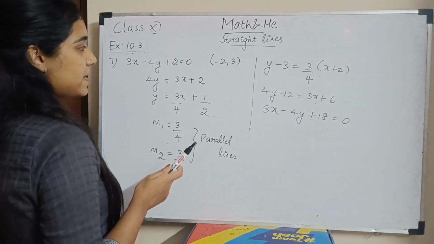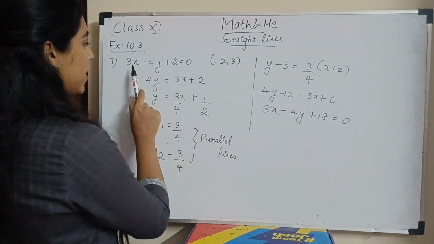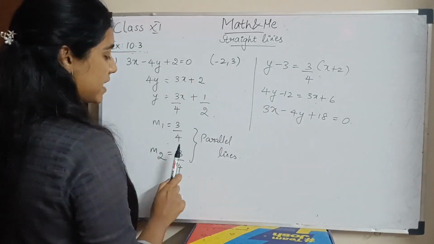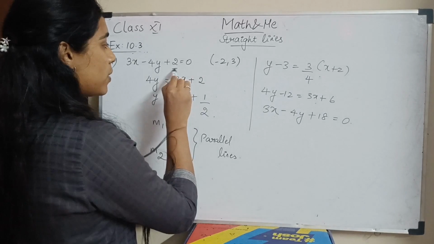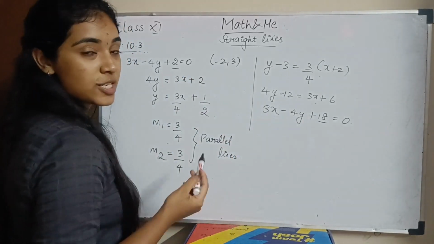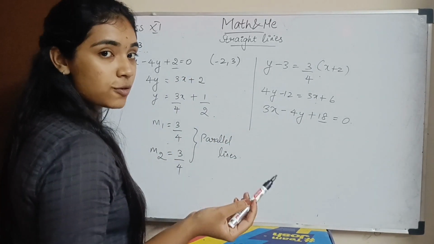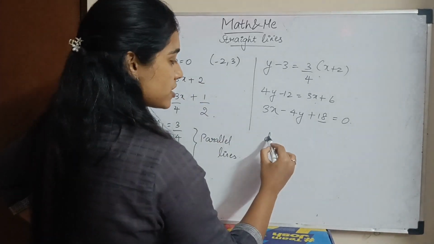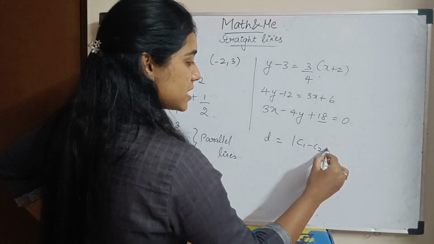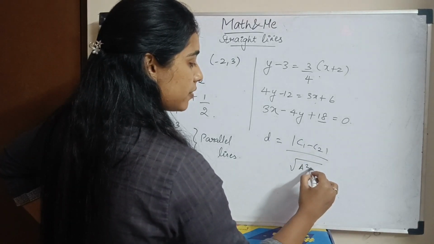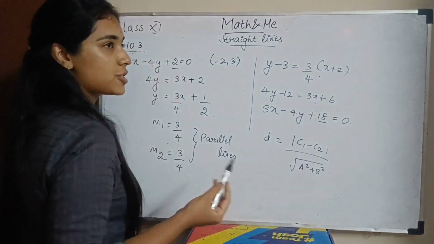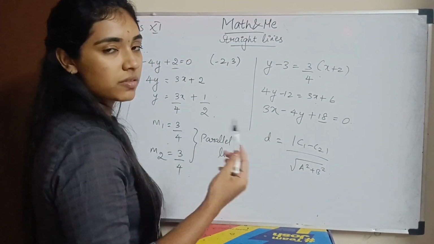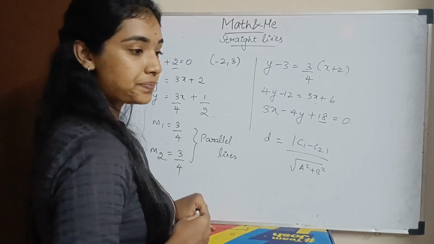So what do you basically see? Since these two lines are parallel, you have the same a and b values, only the c value changes, right? Because they have the same slope. So this is c1 and this is c2. So further in exam, if they ask you to find the distance between the two parallel lines, you have c1 and c2. So you just use the distance formula, c1 minus c2 divided by root of a square plus b square. Just to make the question complicated, they'll give you multiple subsections, but don't panic, okay? So you just have so many variations, okay?